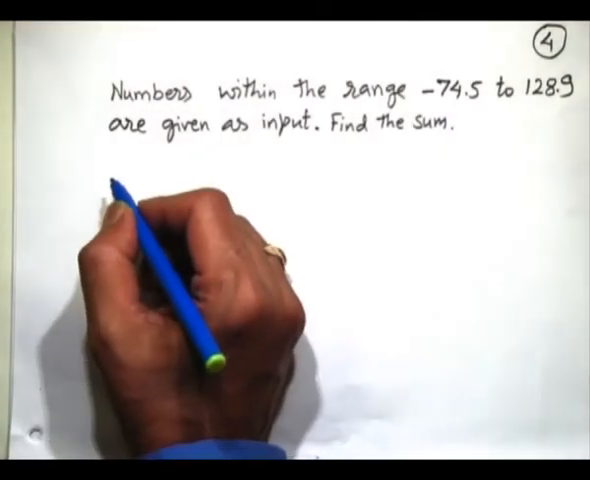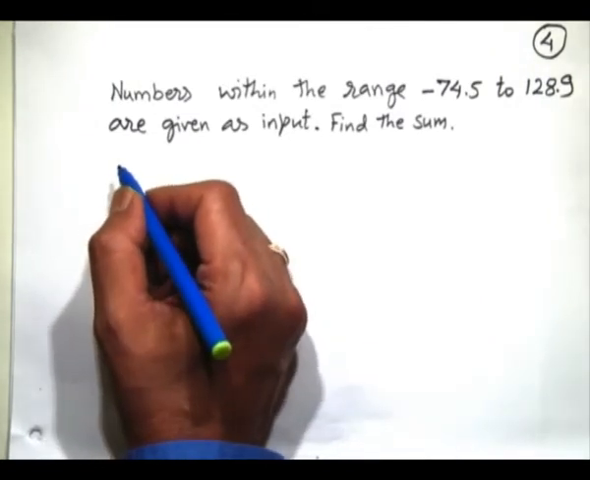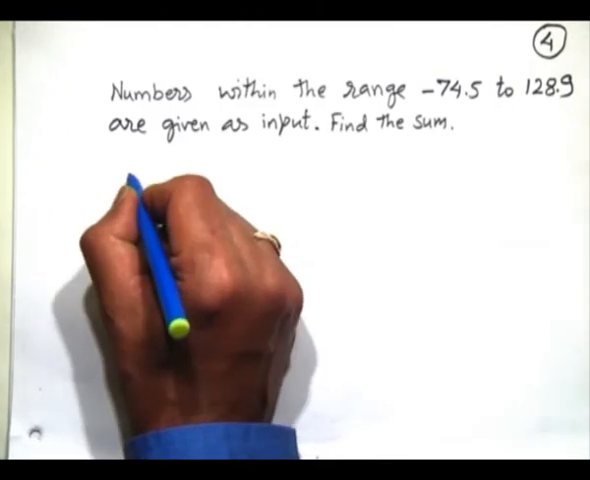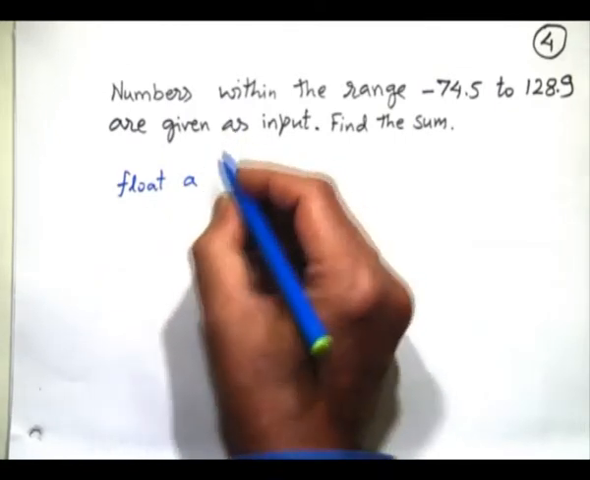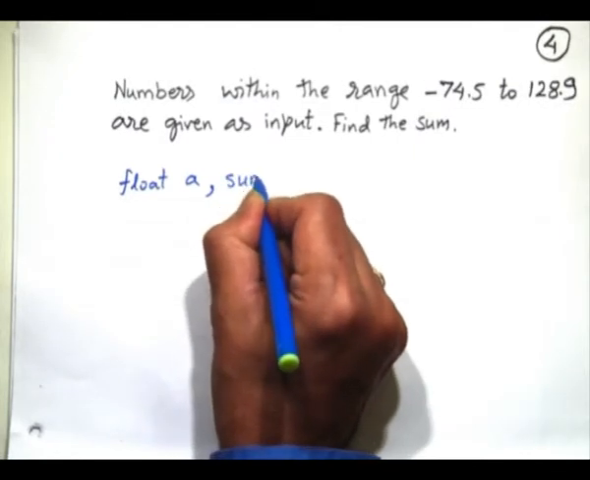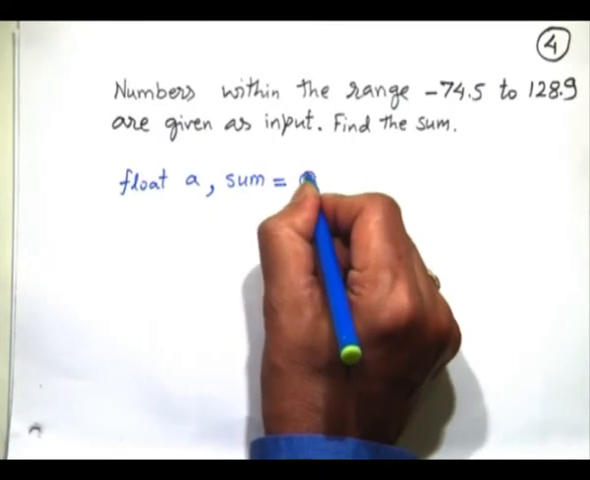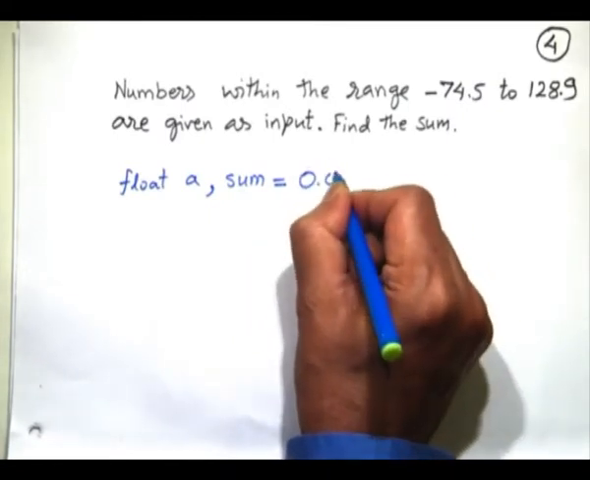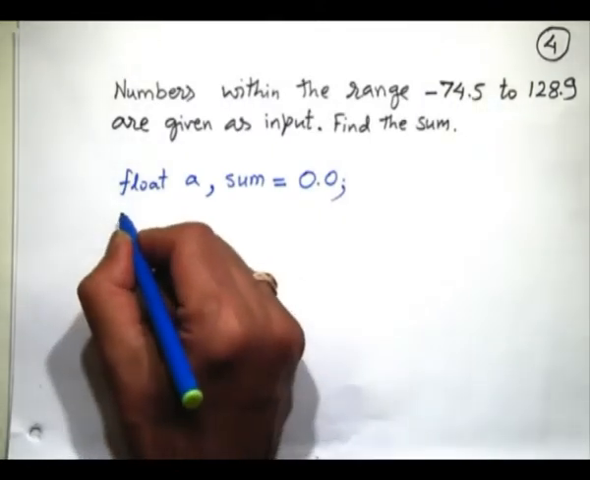Can I say int a? No, because the numbers are fractional. So I'll have to say what? Float a and sum. Can I initialize it to 0? Yes, of course I can. But it is better to write 0.0, just to make it simpler for the computer. Okay. Now,